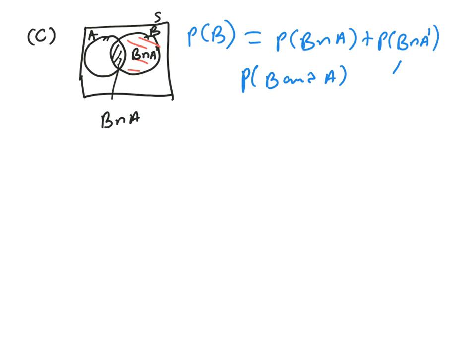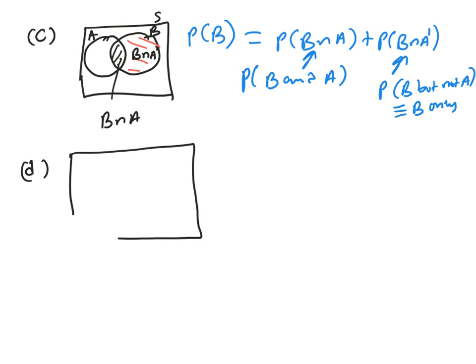This part is the probability of B but not A. B but not A is the same thing as saying B only. Okay, B but not A, the same thing as B only. So then D here, okay,